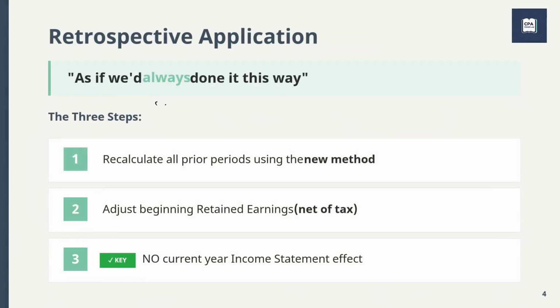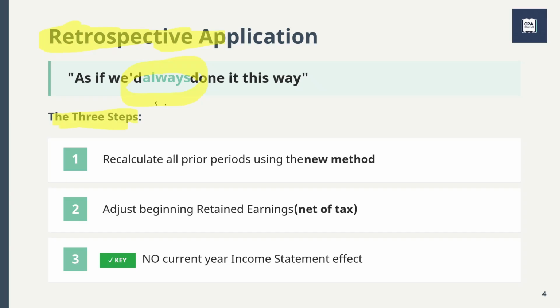When you make a principal change, use something called retrospective application. I like to think of it as time travel accounting. We are going back and calculating everything as if we had always done it this way. This is done in 3 steps, and I'm going to give you an actual example in the next slides,